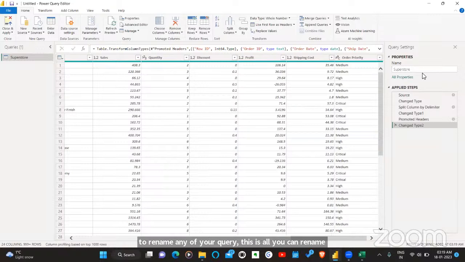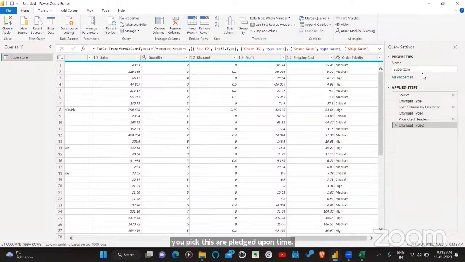Now on the right side below, you will find something very interesting happening. There is something called Applied Steps. Every time you apply a step, the step will get recorded. Why is a step getting recorded? It is very simple. Right now we have Superstore data which consists of 4 years' worth of sales. Tomorrow we'll get the next year's data. New data keeps on coming. Next time when the data comes, you don't need to apply all these steps. You only need to apply these steps one time. Once you apply the steps one time, it is automated.